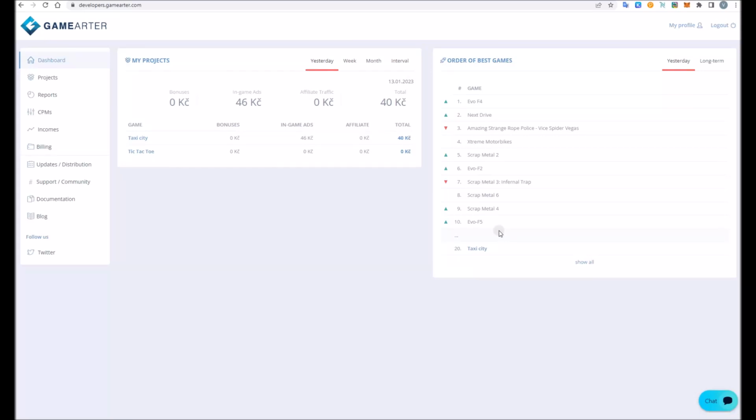Hello, in this video I will show you the UI of our server site, where, as you can see, it's a web application. In this case it's an application for game developers. On the first tab you can see the dashboard tab, where you can find basic information about uploaded games, like bonuses,